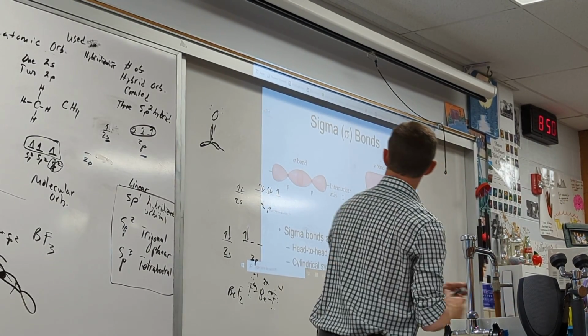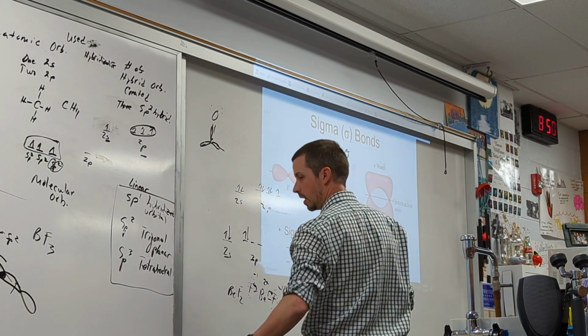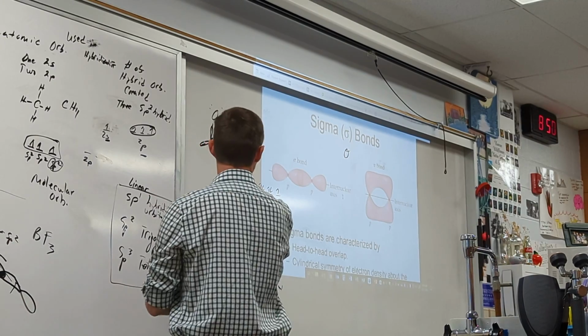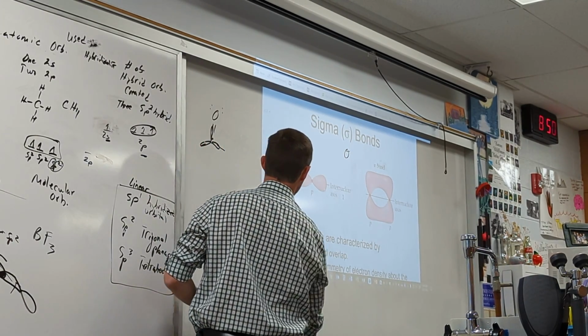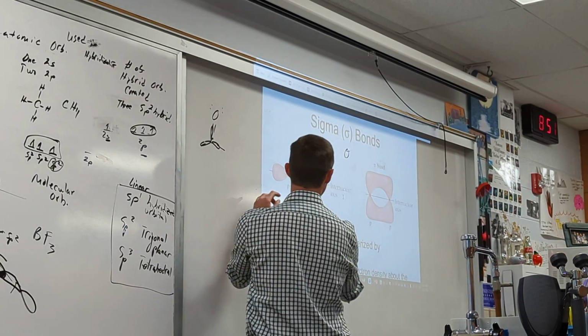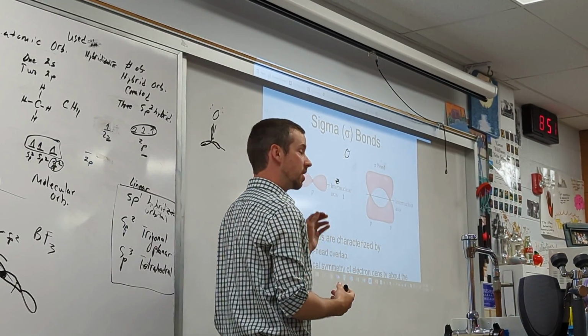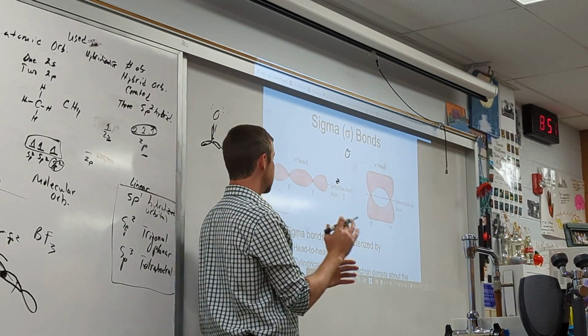All right, the Greek letter sigma. Just draw it as an O with a little curly top on there. If you have what's called an internuclear axis, typically for us we'll call that the Z. So in 3 dimensions, X, Y, and Z, that's fine.